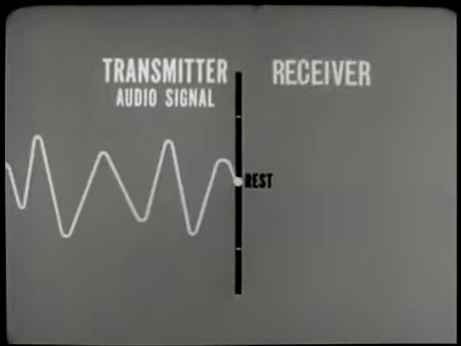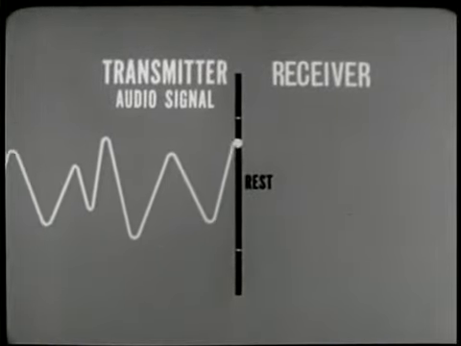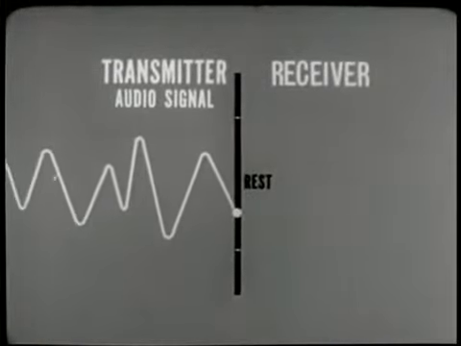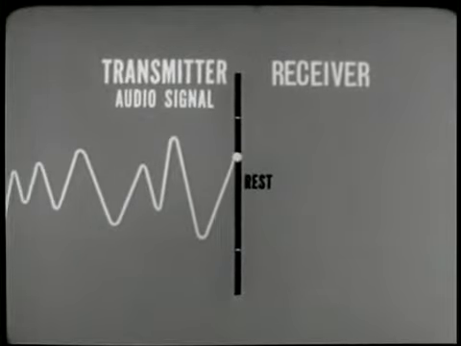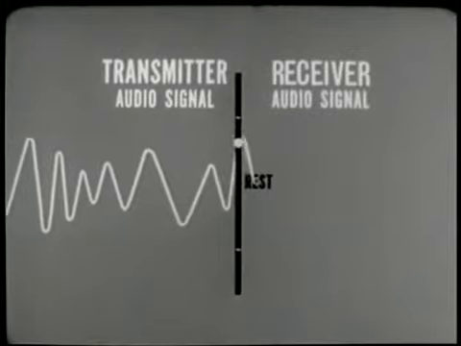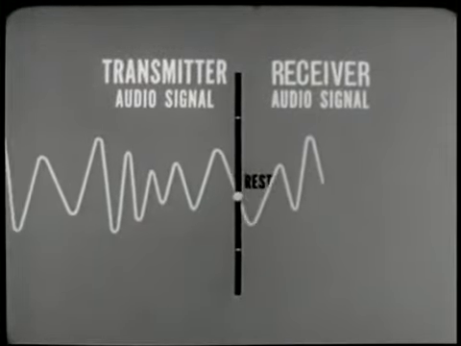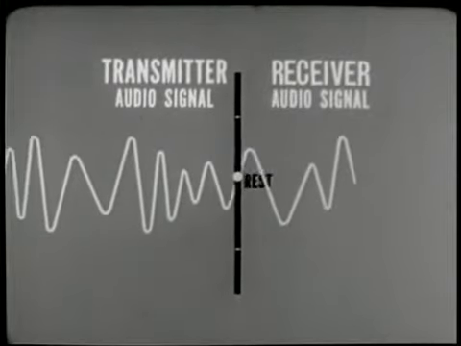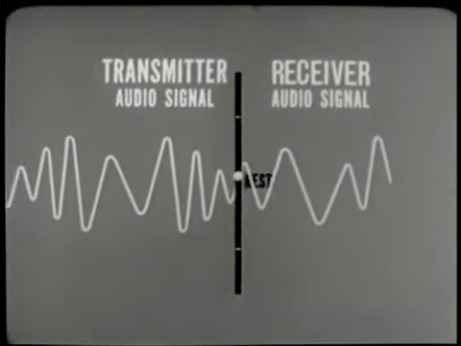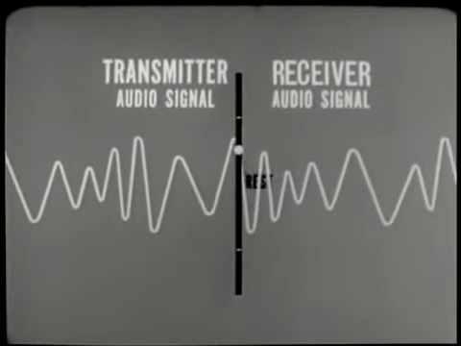The transmitter audio signal shown here modulates the carrier frequency. The audio signal causes the frequency to go above and below rest. This same FM signal arrives at the receiver as its peaks clipped by the limiter and its frequency variations changed to an audio frequency signal as shown by the receiver audio signal. Note that the receiver audio is an exact replica of the transmitter audio signal free of interference.